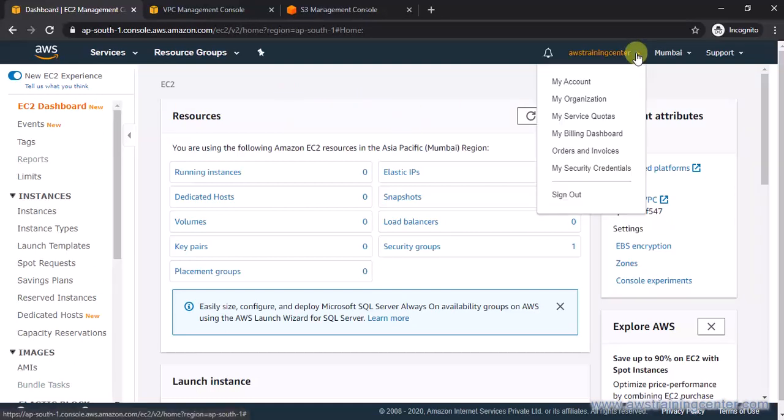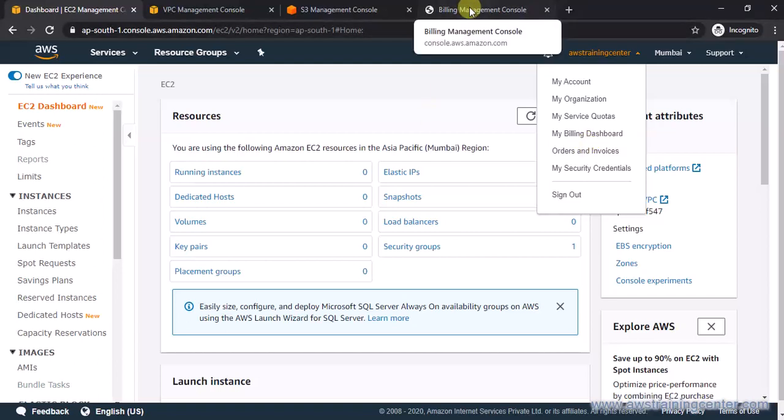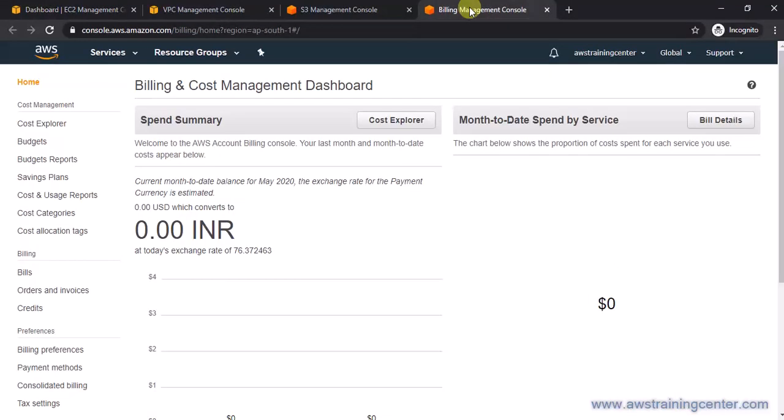There is more about the user and billing related data here. So it's very important to go to the billing dashboard and check if there is any amount outstanding for this month. So you can come here and check the billing data. In the next lecture, we are also going to set a billing alarm so that if the amount goes beyond a certain limit, maybe 100 rupees or $2, we should be alerted. It happens initially that you overconsume beyond the free tier usage. That's another topic. I'll be explaining how the free tier usage works in AWS.